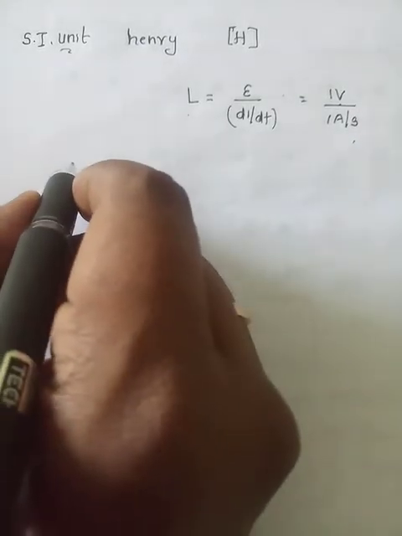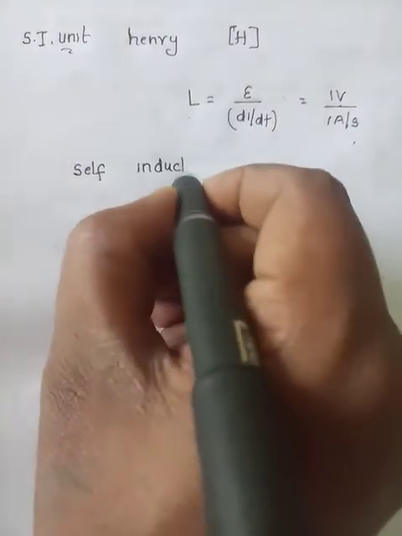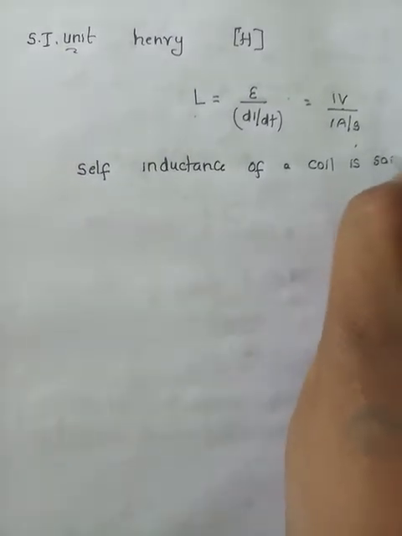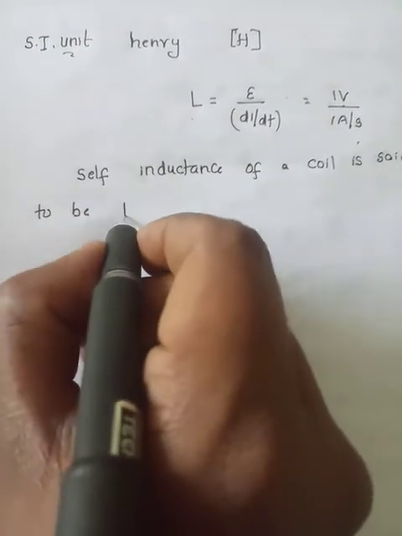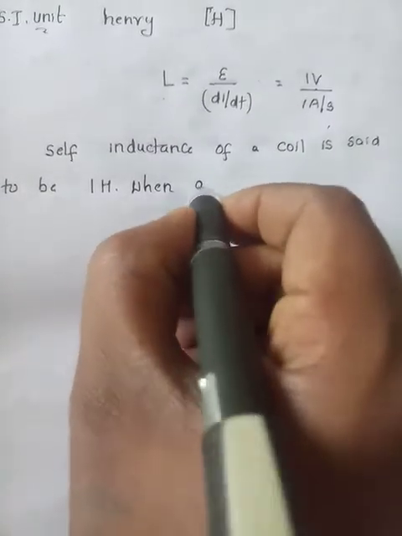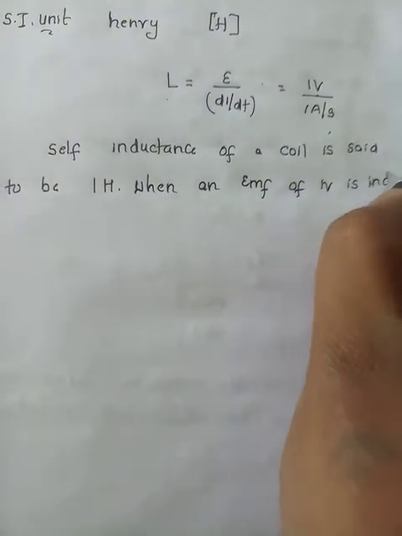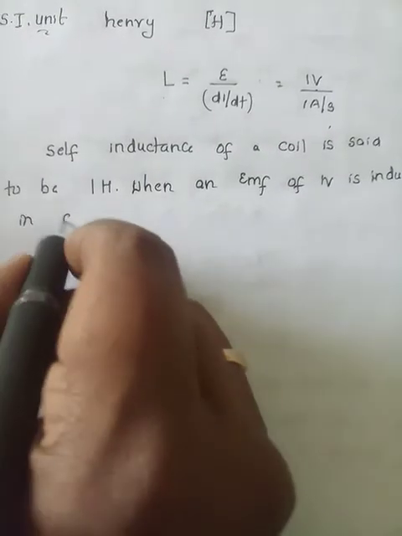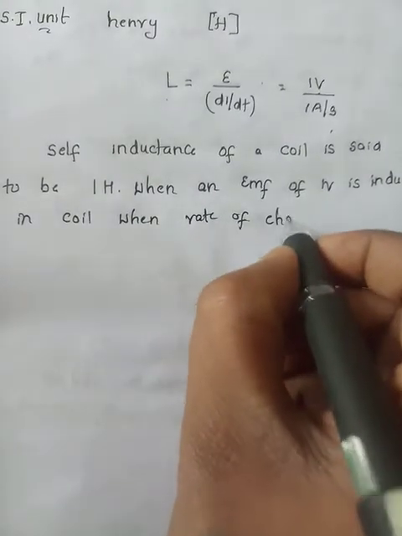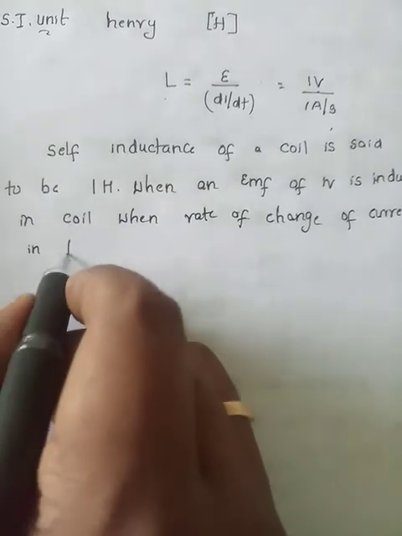Self inductance of a coil is said to be 1 Henry when an EMF of 1 volt is induced in the coil when the rate of change of current in the same coil